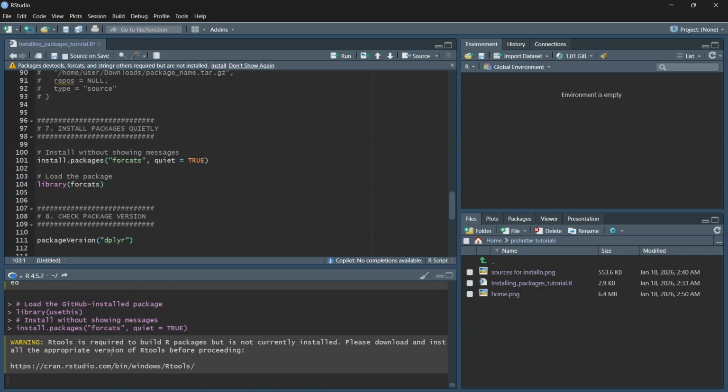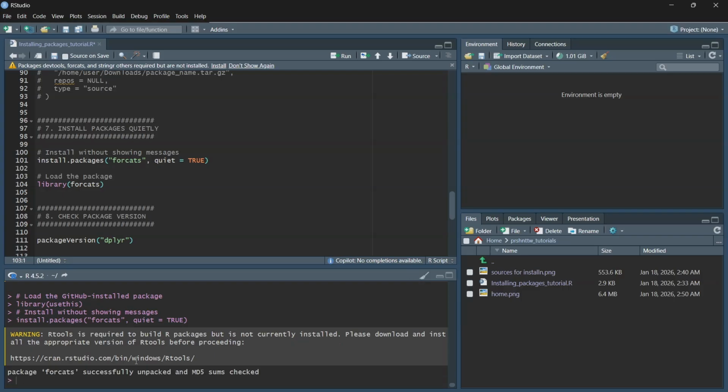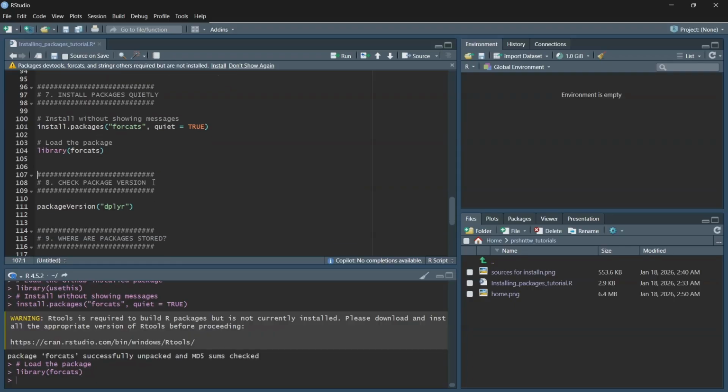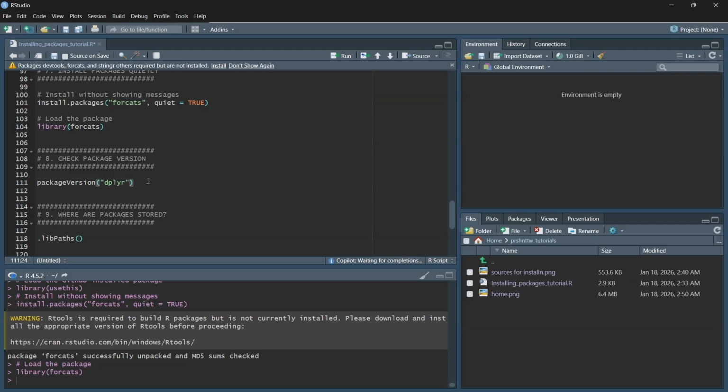You can see it just gave me one warning and successfully unpacked. So it does not give me unnecessary extra installing steps. Now to load this, I will just run library. You can see the library has been loaded in the script. Okay. Now if I have to check the package version of an installed package,